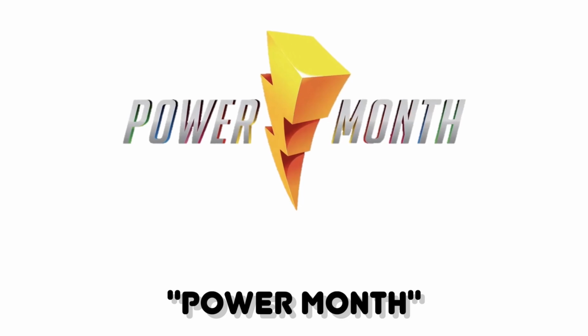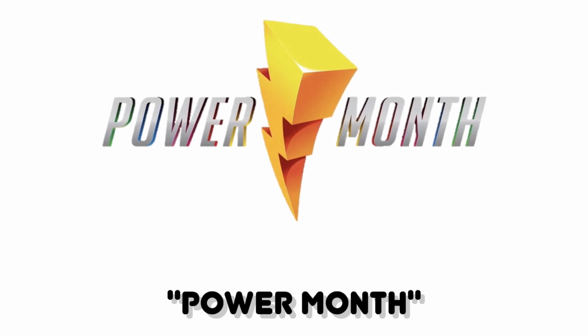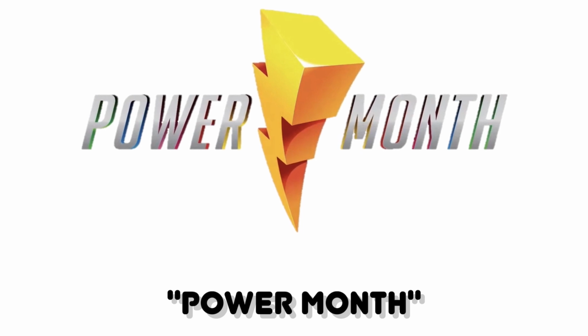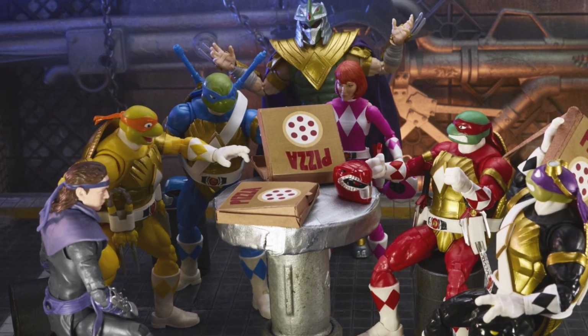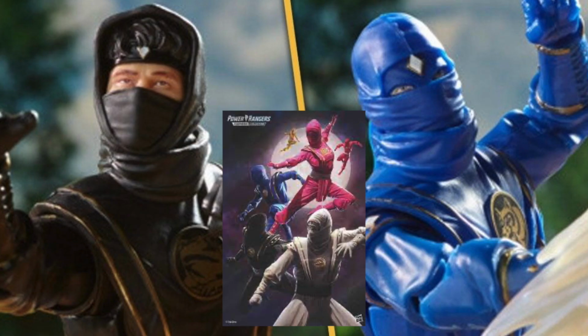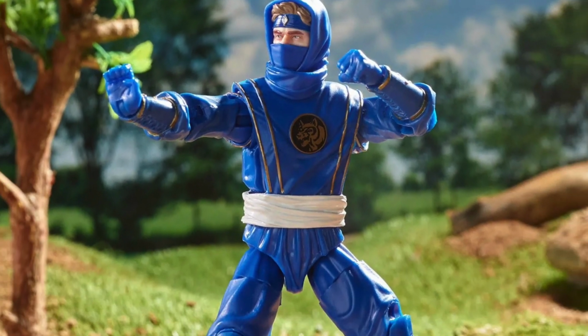To celebrate the anniversary of the Power Rangers franchise in August 2021, Hasbro revealed the most Lightning Collection figures ever in 1 month in what they called Power Month, with each week following a certain theme that had an associated poster for it shown off at the end. Week 1 saw the TMNT crossover figures announced, Week 2 the next wave of Retromorph figures at Walmart, Week 3 the Target exclusive Ninja Rangers, with Ninja Blue being shown off as the 100th figure on the line, and Week